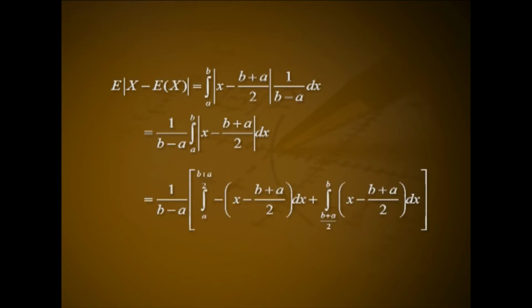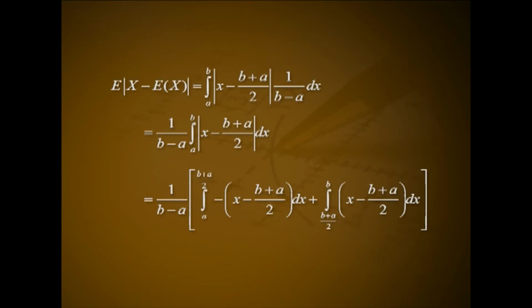For X following uniform over the interval (a, b), the mean deviation about the mean, expectation of modulus of X minus expectation of X, is equal to the integral over a to b of modulus of x minus (b plus a)/2 into 1 divided by (b minus a) dx. That is 1 by (b minus a) into the integral over a to b of modulus of x minus (b plus a)/2 dx. That is equal to 1 by (b minus a) into the integral from a to (b plus a)/2 of minus of (x minus (b plus a)/2) dx